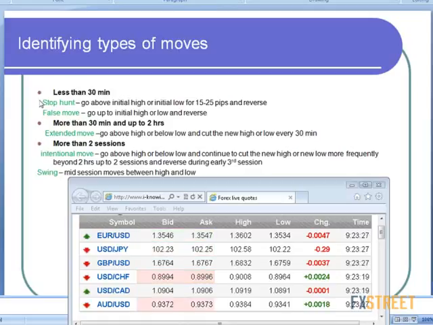So that is how we have to differentiate the stop and the false move. A false move is one where they come up to the high. In the case of GBP today, they came up to the high without breaching it, and they came down from the initial high. That is the false move. And the extended move, as I explained in the case of yen, they just did it. They just breached the initial low